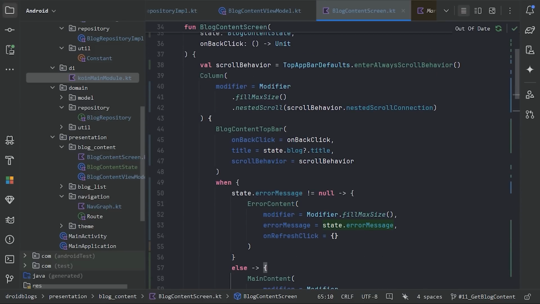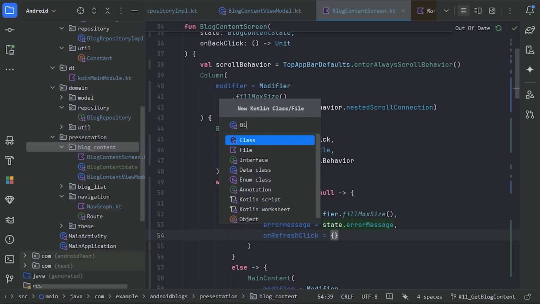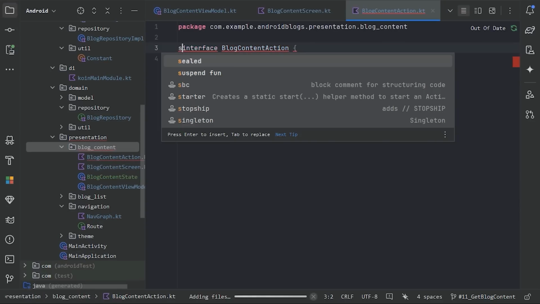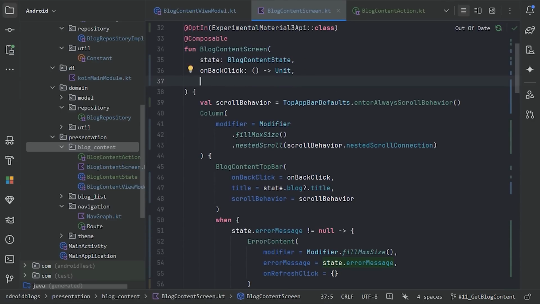Here when the user clicks on this refresh icon, then we need to call our get block by id again. So for that, here on our block content package, let's create one more file with the name block content action. So this sealed interface will be used for keeping all the user actions. For now, we only have one user action, and let's use that as refresh. And this action we are going to provide to our screen,